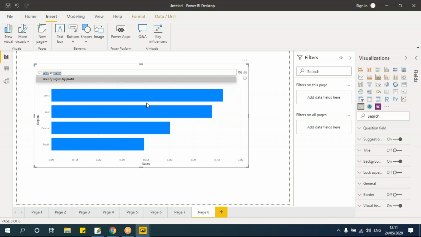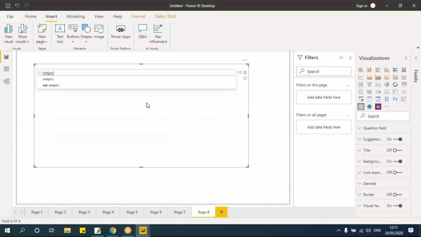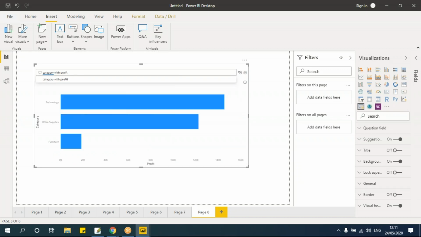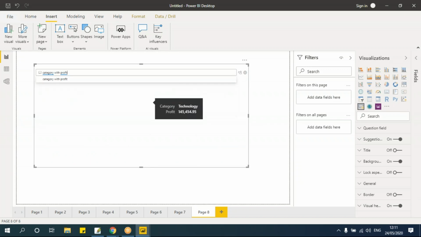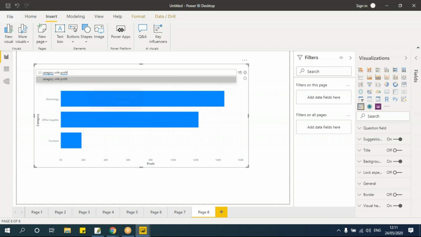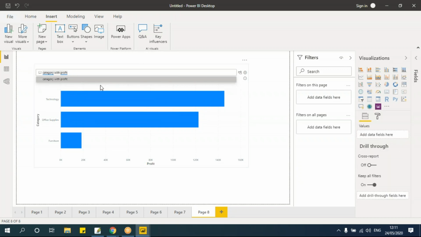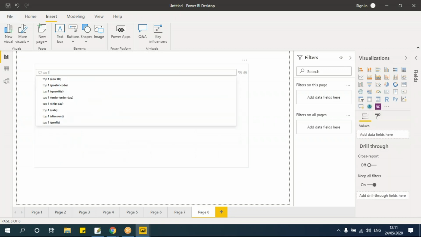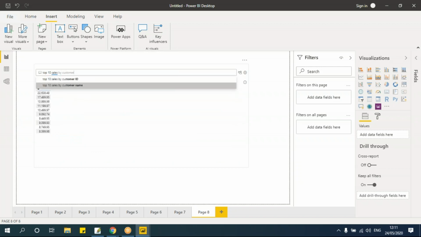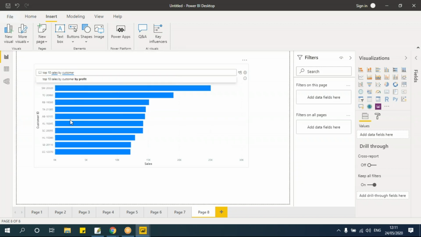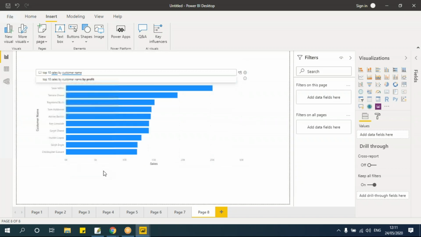I'll say category with profit, right? Okay. Now we use the top n filter, say top 10 sales by customer name. See,